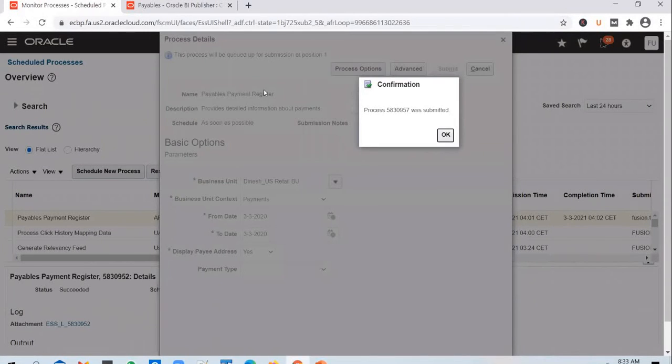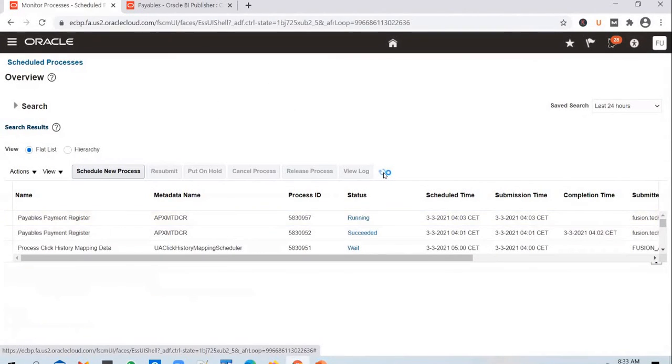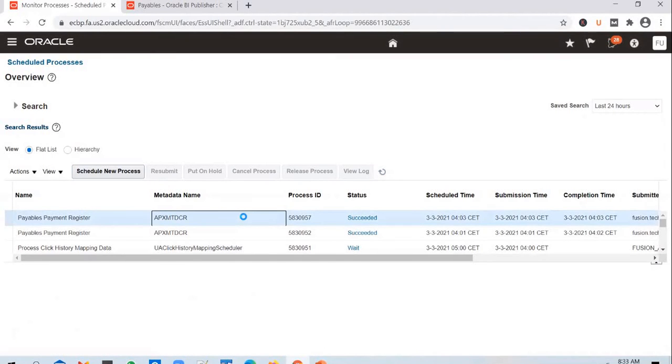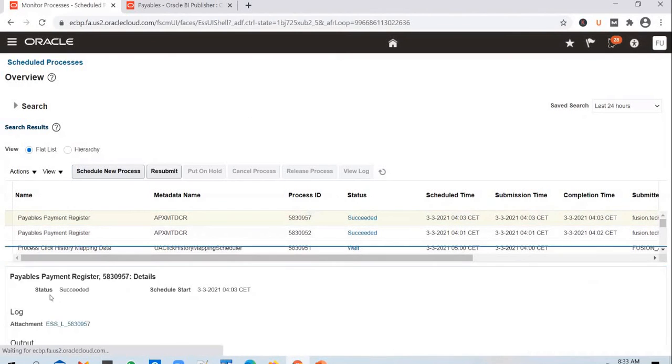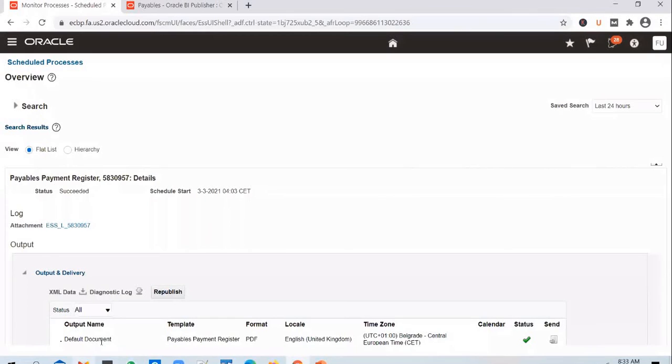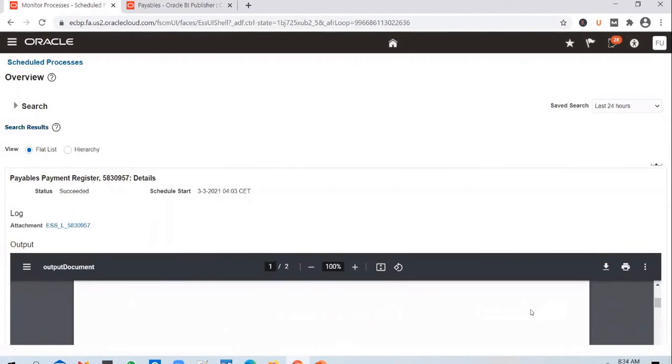What will happen? For this out-of-the-box report, there would be a layout attached, and the output gets generated by default with that layout. Let's wait for the report to finish. You can see the report output generated in PDF format, and if you click on the default document, you will be able to see the payments.